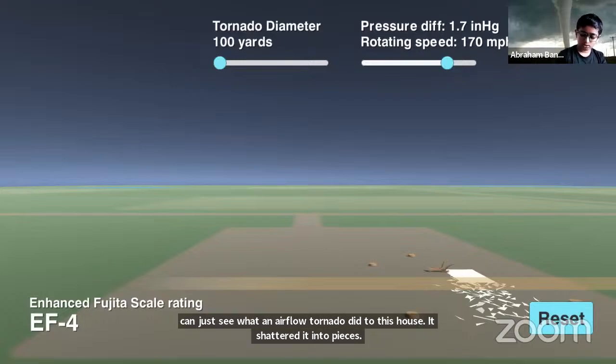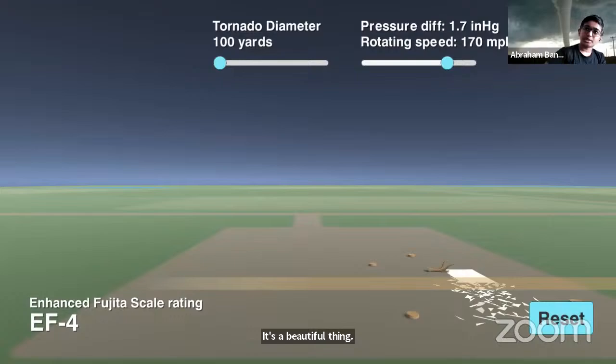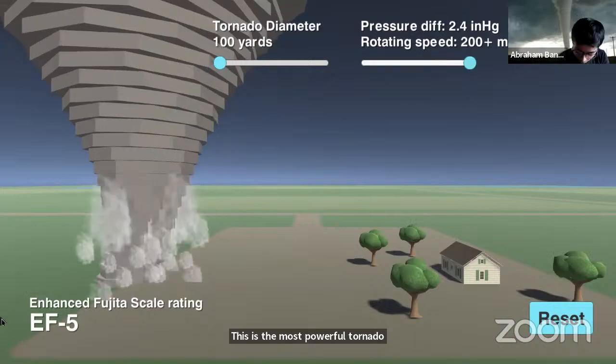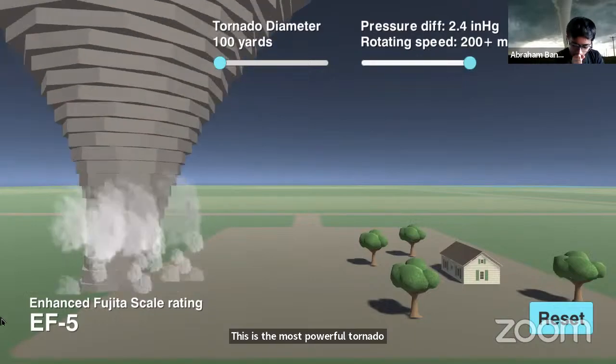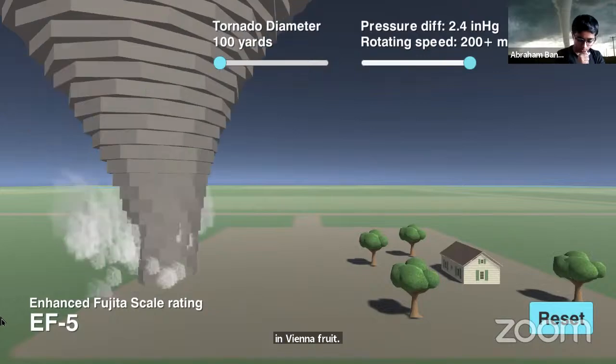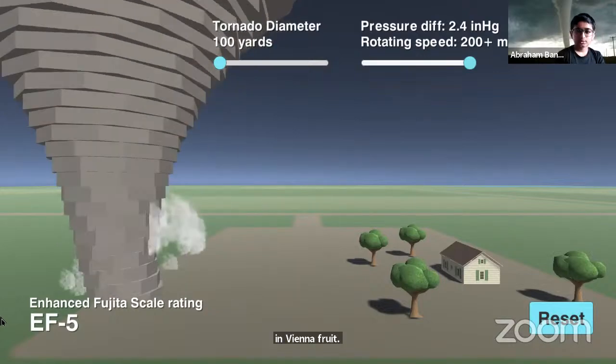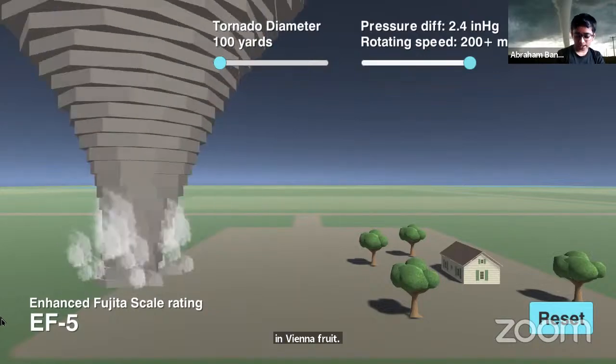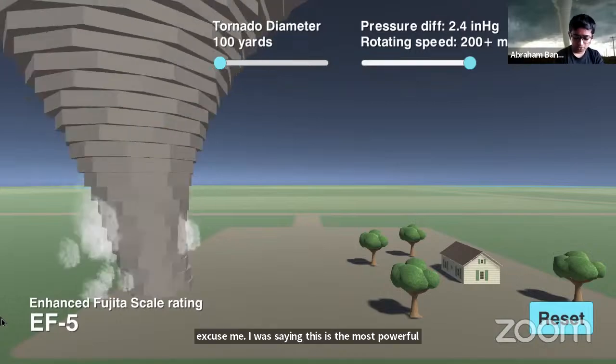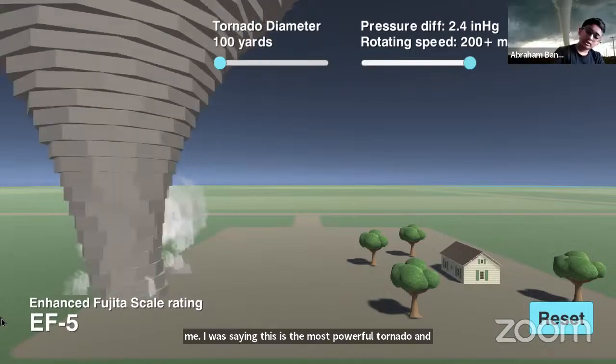Now I'm going to talk about an EF5 tornado. This is the most powerful tornado on the scale. As I was saying, this is the most powerful tornado in the full history of tornadoes.